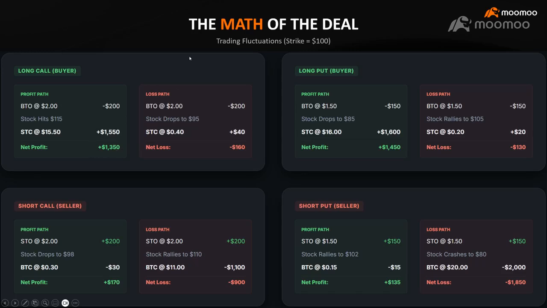So what if it doesn't work? The stock price goes down to $95, and you bought the options at $2, then you realize that the premium is only trading at 4 cents. What you can do is cut loss, since there's still a little bit of money, so you sell to close. How much did you lose? $160. Can you put a stop loss on this kind of option? Yes, you can.